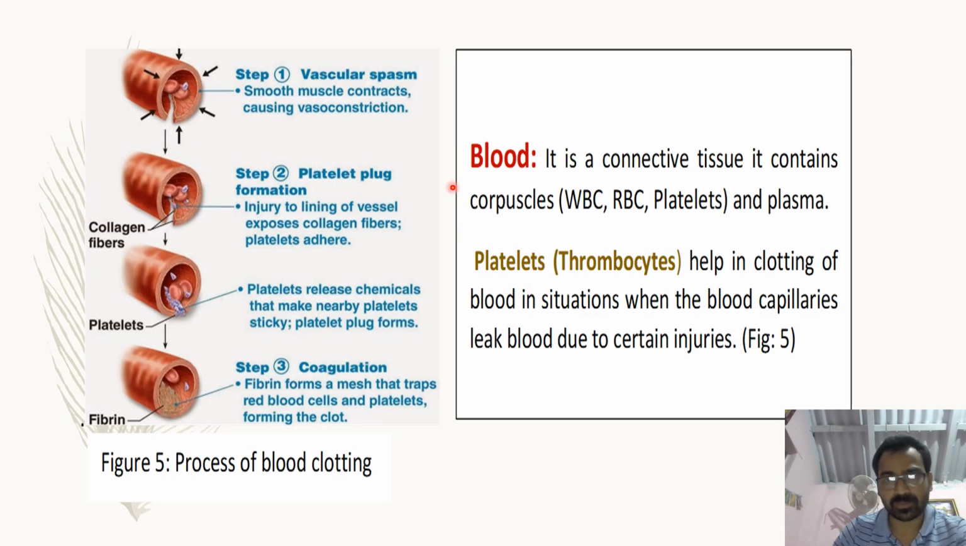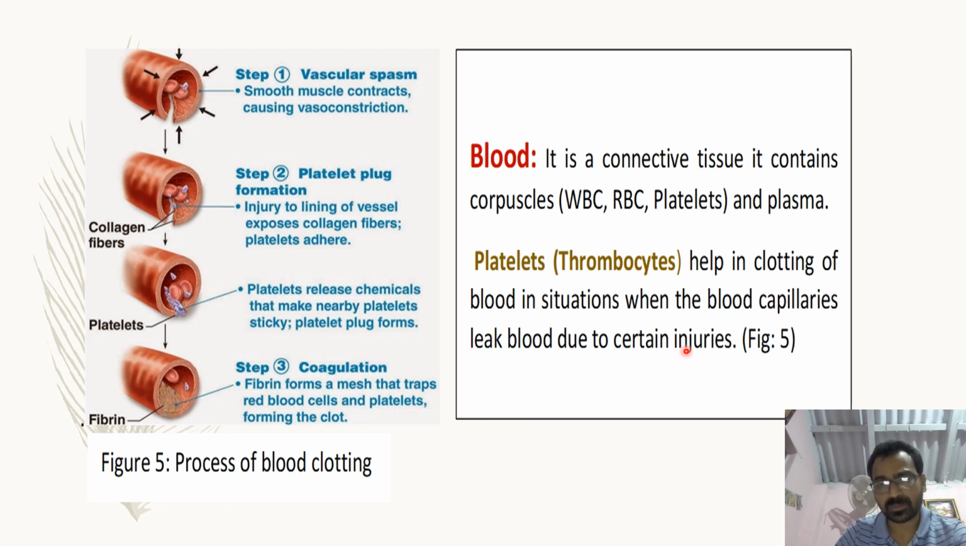Now let us try to understand the blood and the process of clotting of blood. Blood, as we have gone through in the previous slide, is a connective tissue having different components like WBC, RBC and platelets along with the plasma. Plasma is the matrix of blood. So we will try to understand the process of blood clotting. Platelets are also called thrombocytes. They help in the clotting or coagulation of the blood in a situation when a blood capillary ruptures